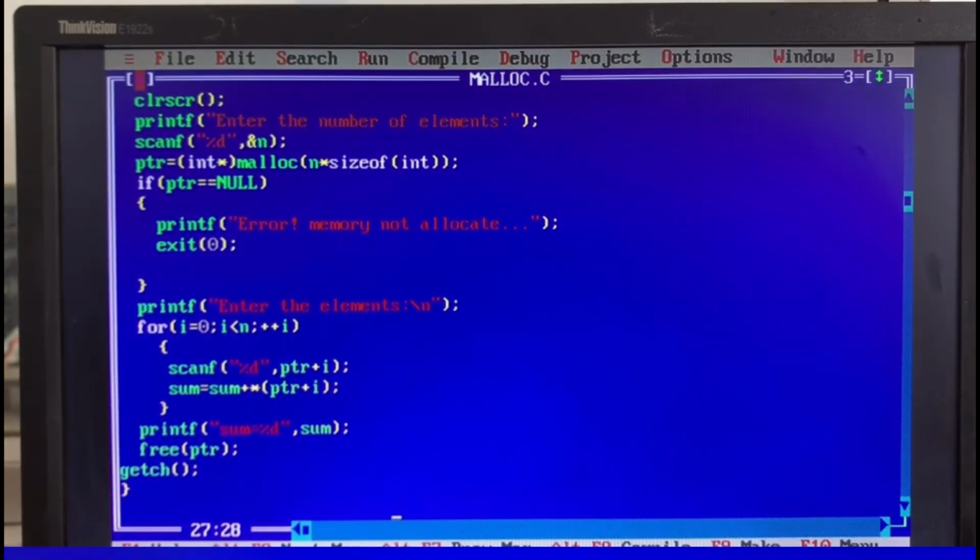Then next is the sum of n numbers using the calloc function.